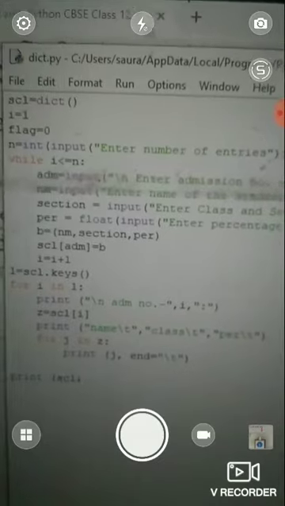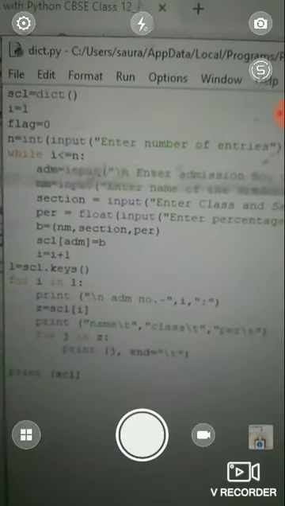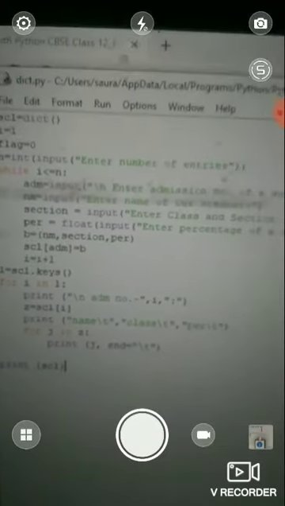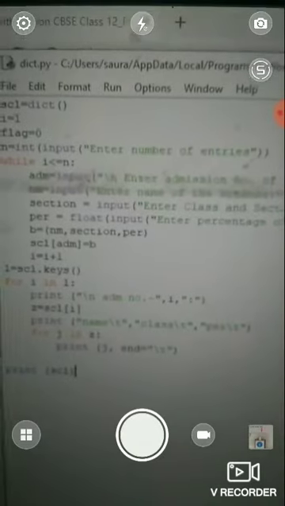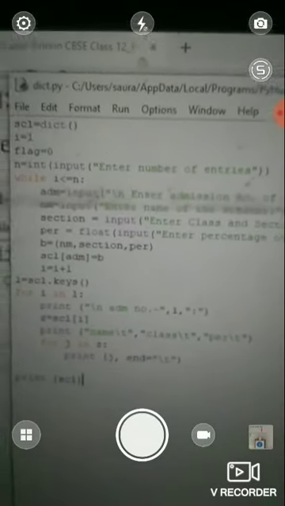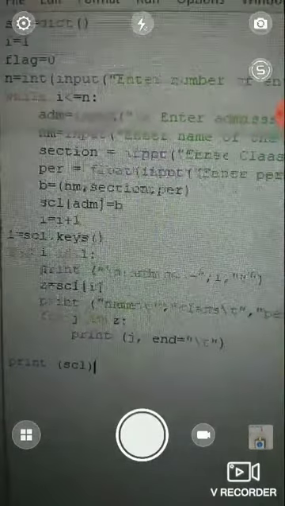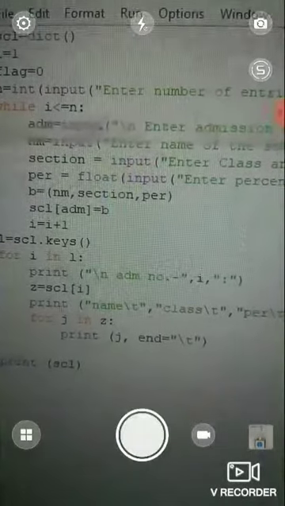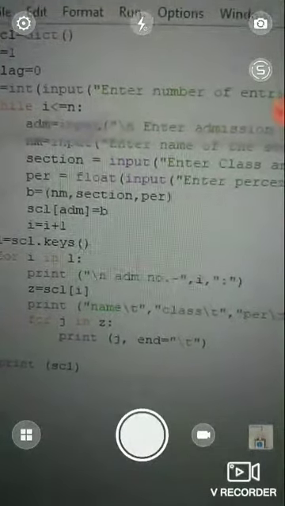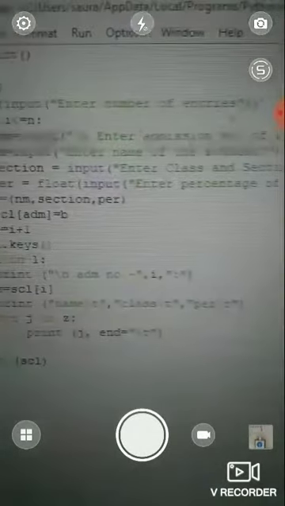The SCL variable holds a dictionary, then i equal to 1, flag equal to 0, n equal to the number of entries. So how many entries are in the dictionary is decided here. Then while i is less than or equal to n, the ADM variable holds the admission number of that student.